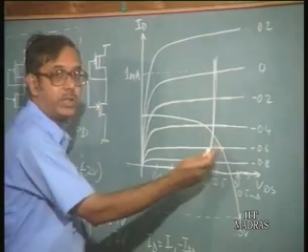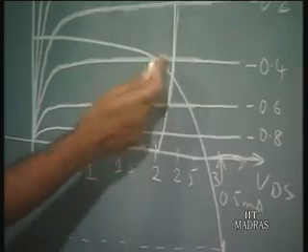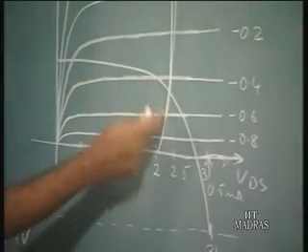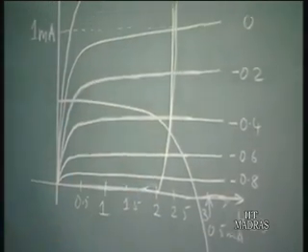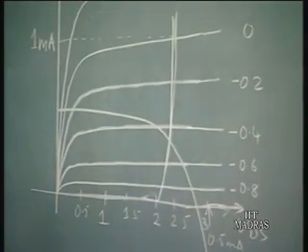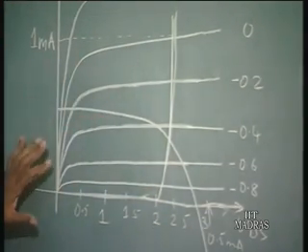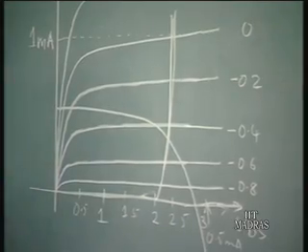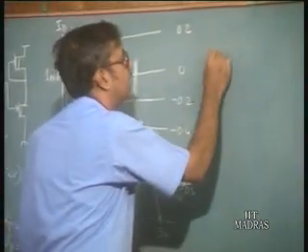So, the output voltage cannot exceed this value. The output voltage is also always going to be limited by this value here. Now, after having drawn this, we can now find out the input output characteristics. Now, let us